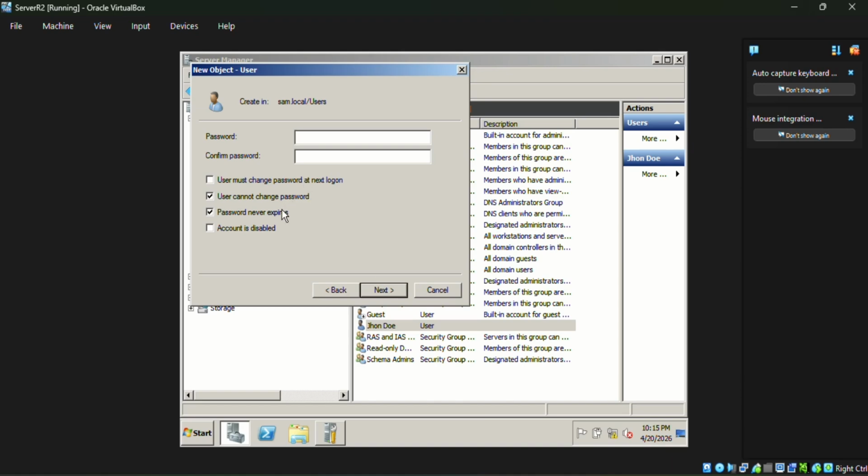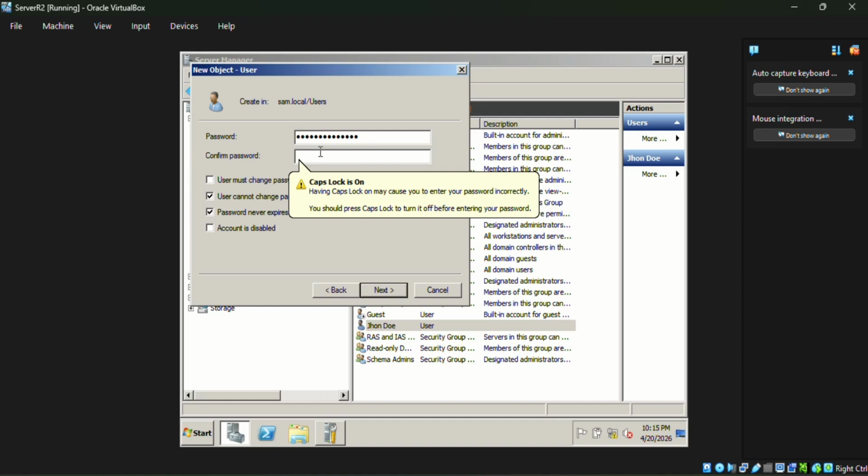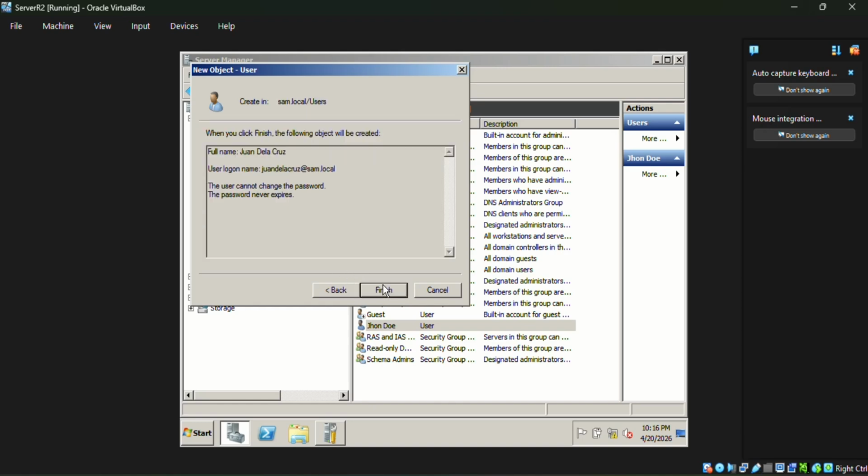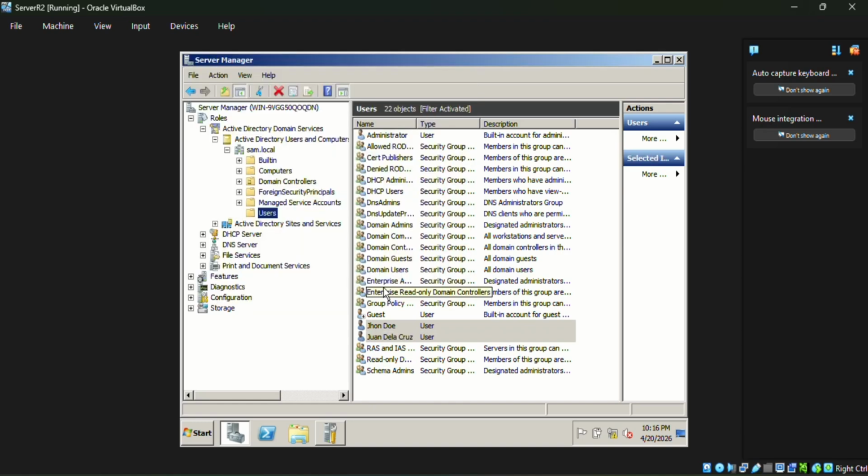Password will be the same. Next. Finish. Now we actually created them, and so we have two users here, Jando and Juan de la Cruz,